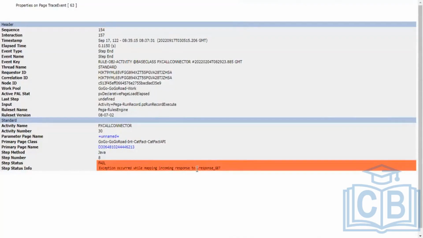That is a dynamic page. It will generate every time. And that page will only be visible in the tracer. That page will not be present in the clipboard and all. The activities and data transforms will trace automatically, since they are already checked at the top. If you want to trace any other rules, you need to check them there in the tracer.